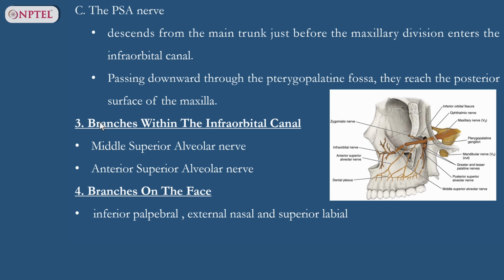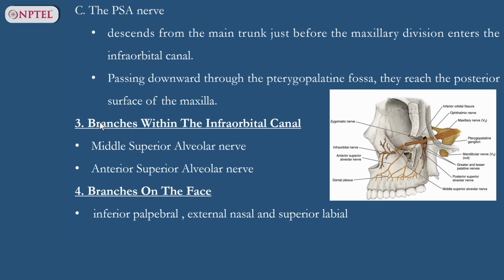The posterior superior alveolar nerve descends from the main trunk just before the maxillary division enters the infraorbital canal via the inferior orbital fissure. It passes through the pterygopalatine fossa and reaches the posterior surface of the maxilla, from where this nerve enters the maxilla via different alveolar foramina which are present on the posterior or infratemporal surface of the maxilla. This nerve supplies the molars of that region, the first molar, second molar and third molar, except the mesobuccal root